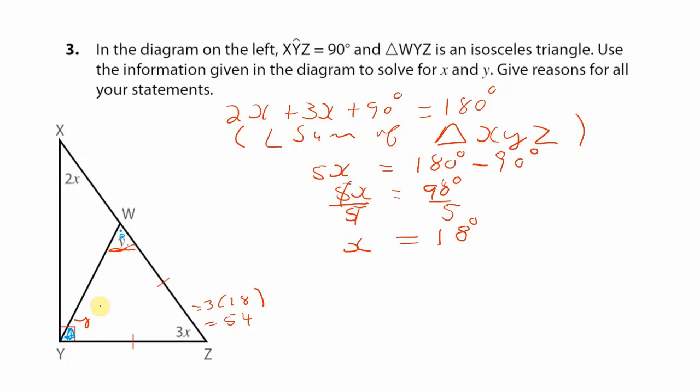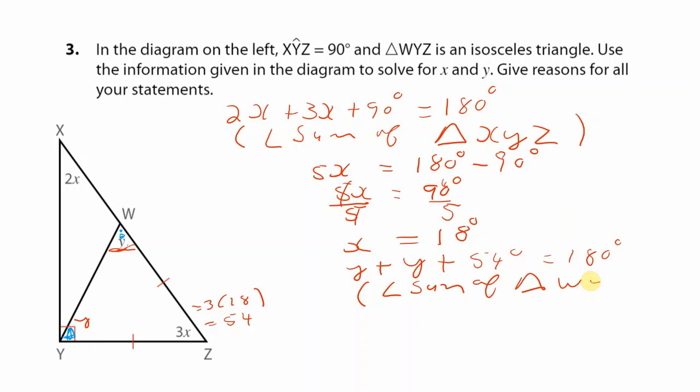So now we can say y plus 54 is in fact equal to 180 degrees, because this is now the angle sum of a triangle, of a smaller triangle. So we can say y plus 54 degrees equals 180 degrees. You actually could first write plus 3 times 18 equals 180, but we already calculated that on the side. And the reason is angle sum of triangle